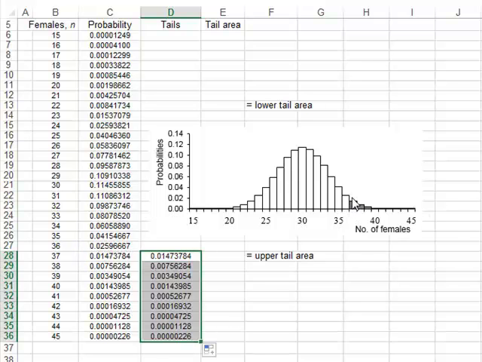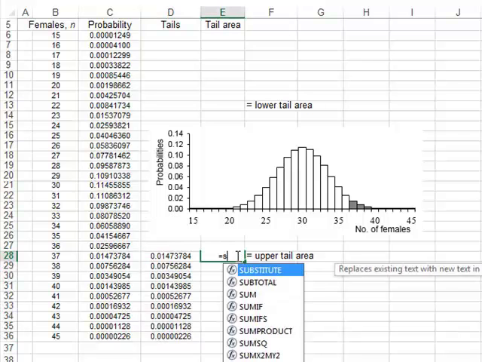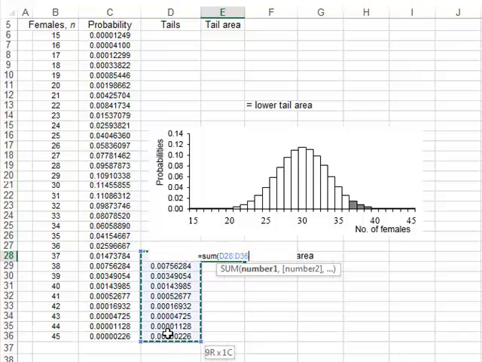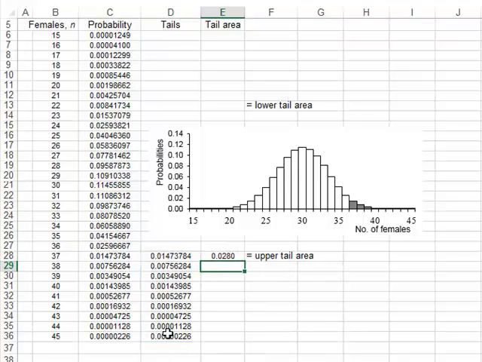So we need to add up the total area under this upper tail from 37 onwards. We can do that just by adding up the values that we've calculated so far, giving a total probability of 0.0280. However, this is not absolutely accurate because it doesn't take into account the very low probabilities of observing 46